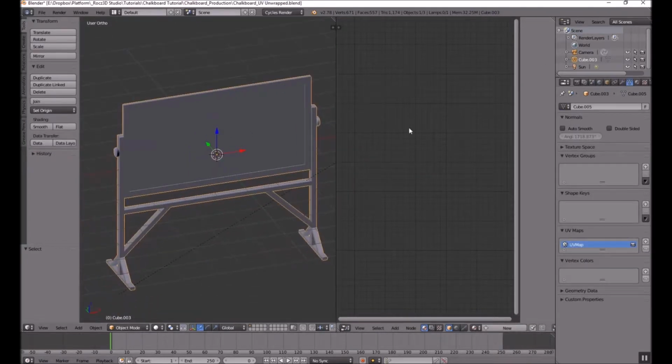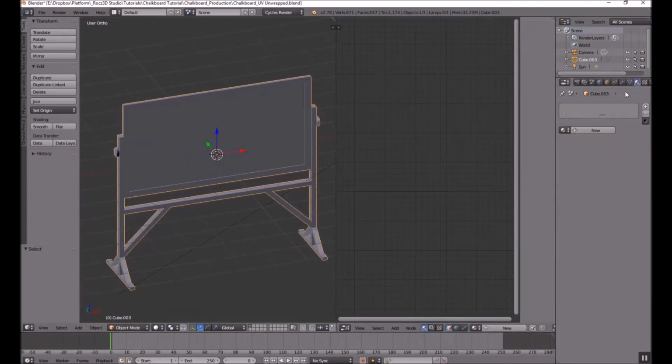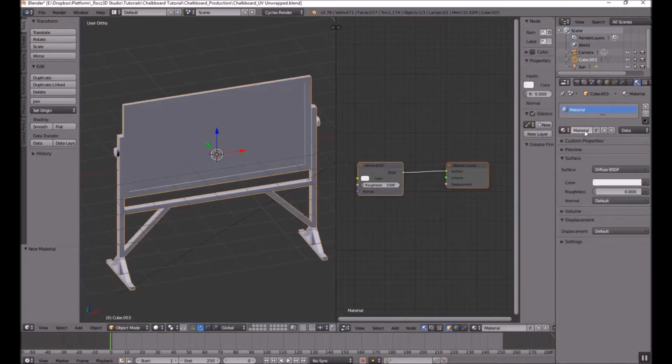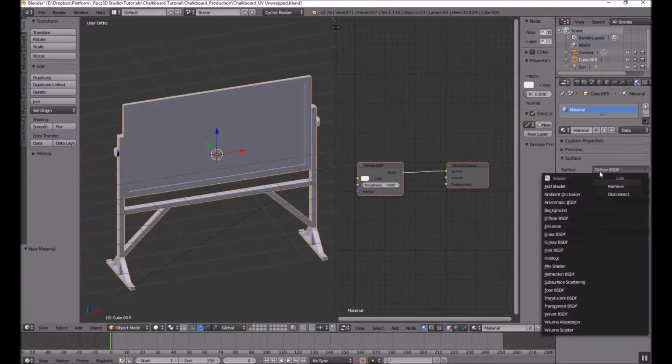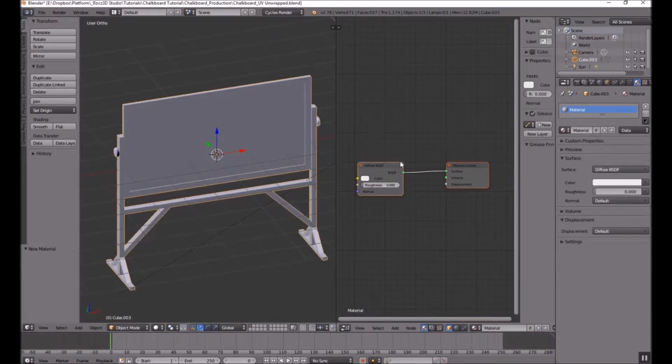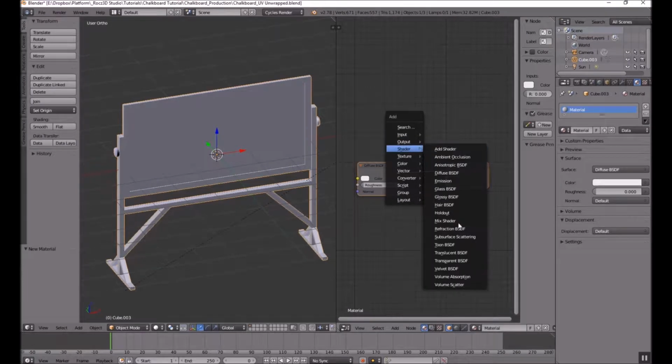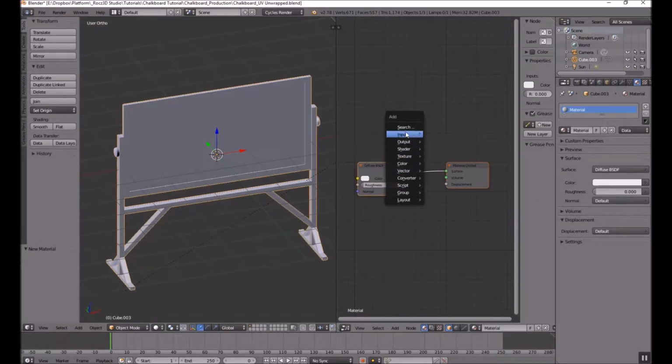If you select the chalkboard, you see there's nothing here. It's because we don't have a material. We can just hit new material, and it automatically throws a diffuse shader on here. You can also pick all of these different types of shaders. You can also do it here in the window with Shift A and bring up your shaders. Every other node that you're going to need is just with Shift A, and it'll bring that up. Right now we'll just leave this diffuse